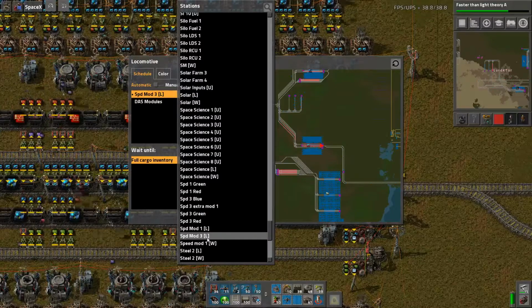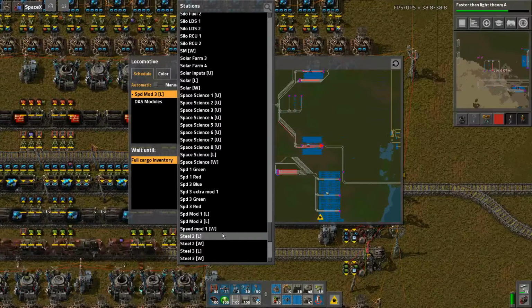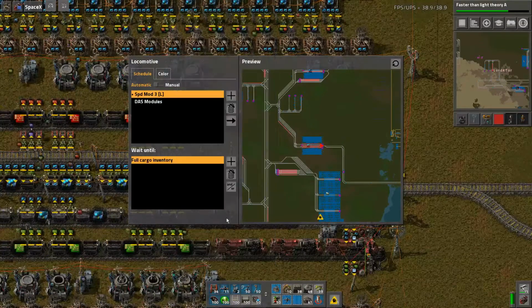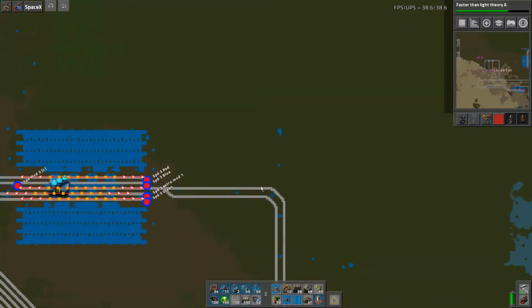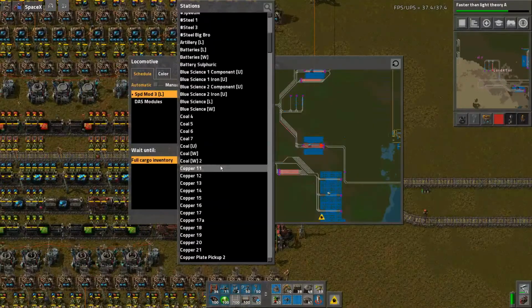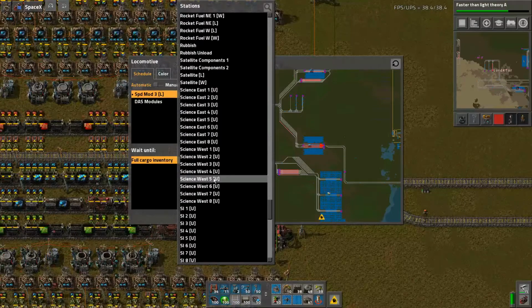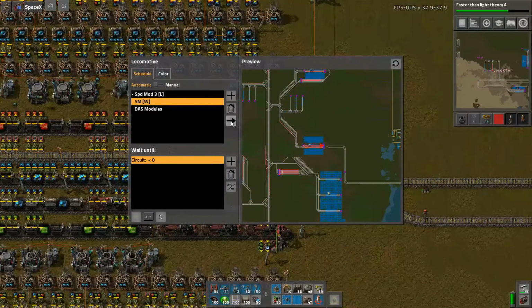So, speed module 3. Speed 3. What's it called? It's out here. SM wait, of course. Let's keep my naming convention readable. So SM wait. SM wait until circuit condition, and we're just going to force it to go there now,